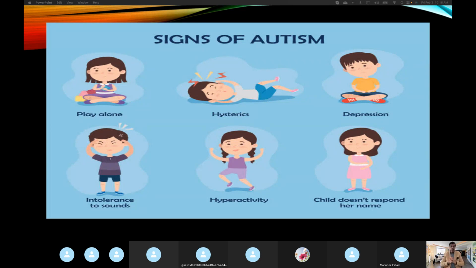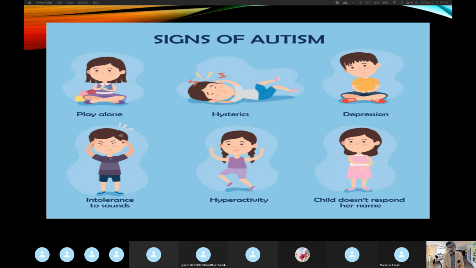They prefer to play alone. They have hysteric bouts. So if he's laughing, he will keep on laughing hysterically for a longer period of time. If he's crying, you won't be able to stop the crying, despite all the comfort that you can provide to the child. They may appear depressed, intolerance to sound, which I mentioned earlier as well, hyperactivity, and the child doesn't respond